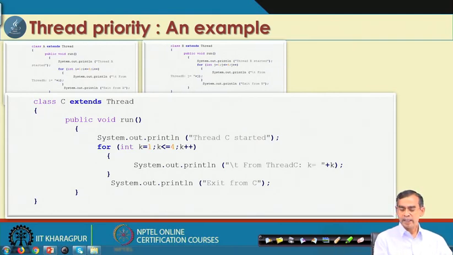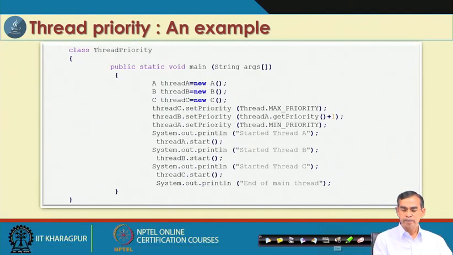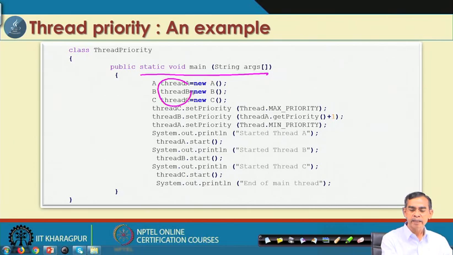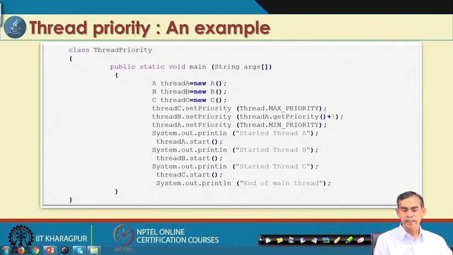Now, once these threads are created, it is our turn to see how the main class can be composed so that all these 3 threads can be executed. Here is the main method, and we see we have created 3 threads, namely thread A, thread B and thread C of the classes A, B and C that we have discussed.